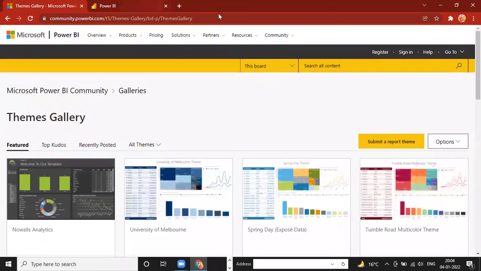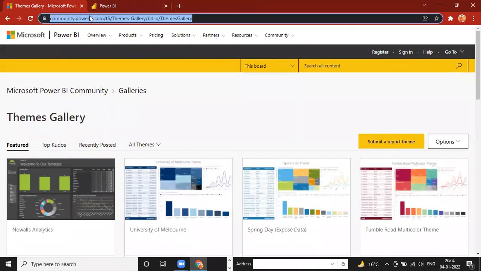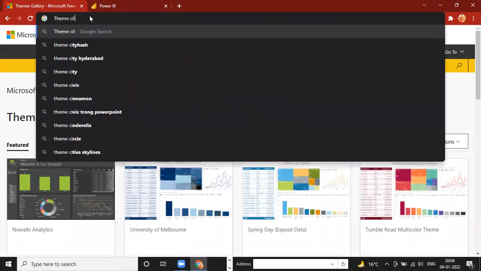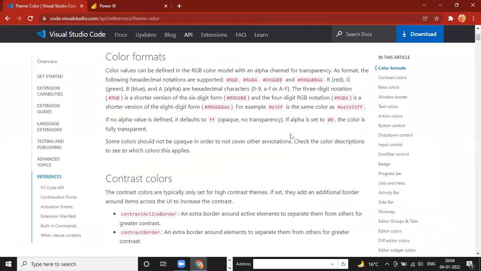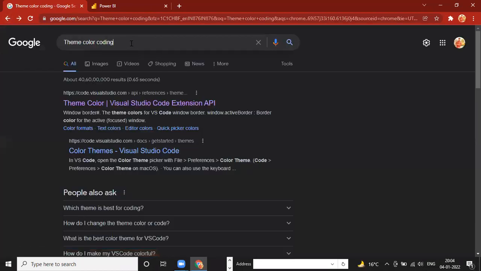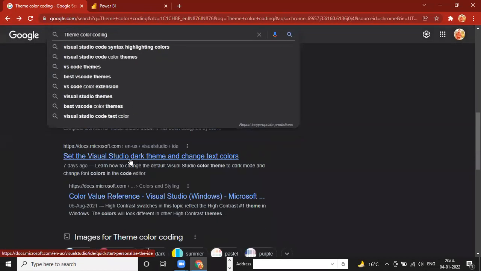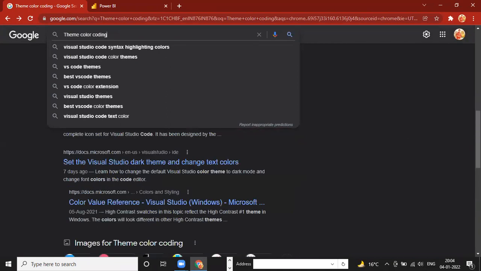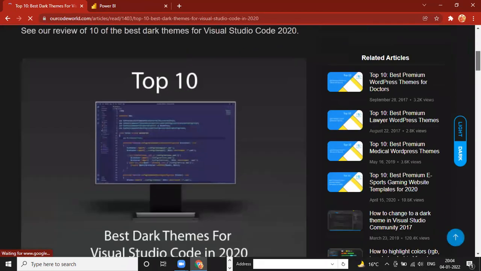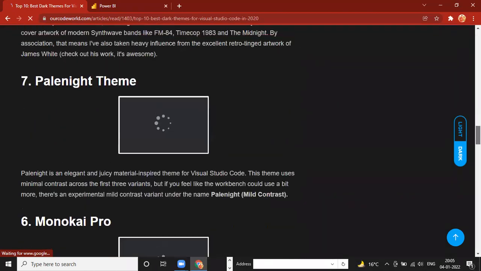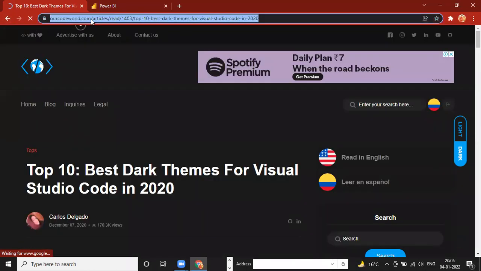These are not the best colors. Write here theme color coding. This is the coding, a simple way you can download.